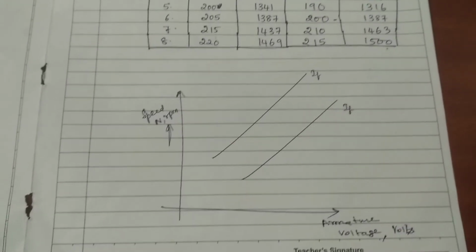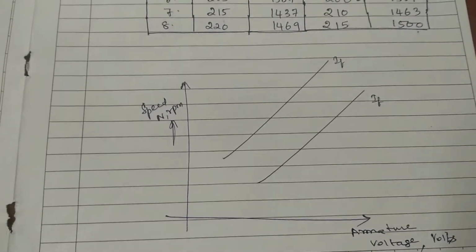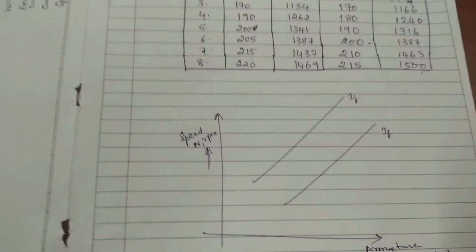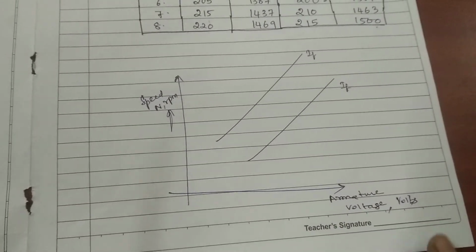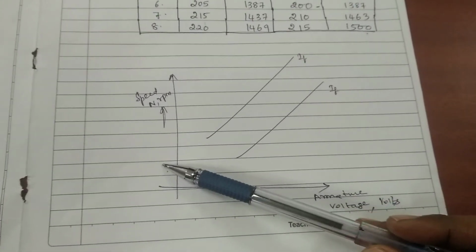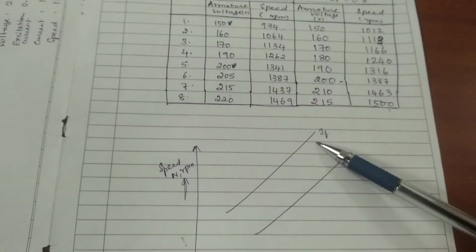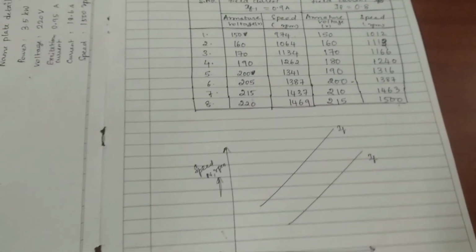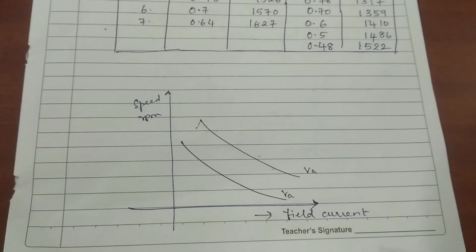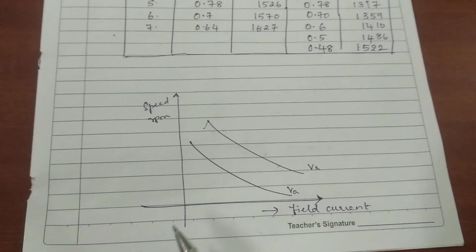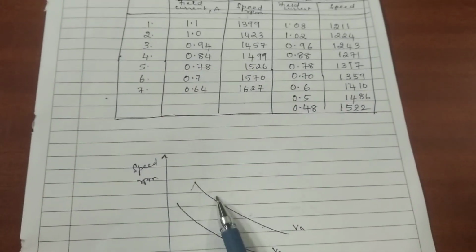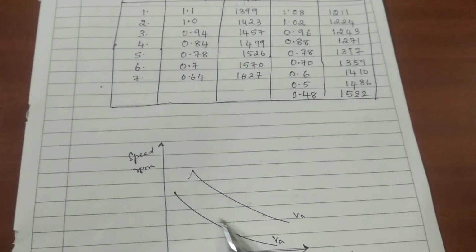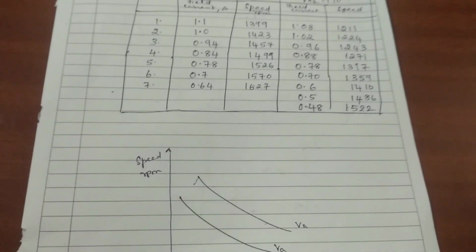Yes. So for armature control method, the plot is going to be between the armature voltage and the speed for a different set of field currents. So on the x-axis we will be taking the armature voltage and on the y-axis we will be taking the speed in rpm. For different values of field current, whatever we have measured, we have to plot the graph. Same way for the field control method, field current is taken on the x-axis, speed on the y-axis, and for different values of the armature voltage, we are getting two sets of curves. So this is how we have to perform the speed control of DC shunt motor.